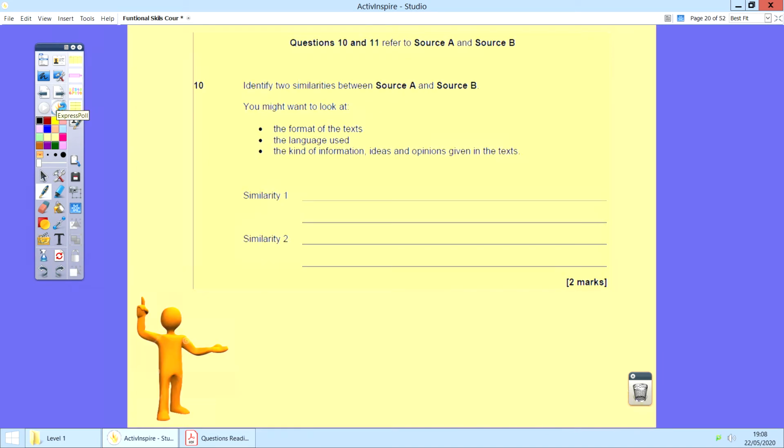Not a problem. Right, questions 10 and 11 refer to source A and source B. This is important. Remember I said you have to listen, you have to pay attention to everything in bold. This is what you have to do. Right, so number 10. Identify 2 similarities between source A and source B. You might want to look at format of the texts, the language used, the kind of information, ideas and opinions